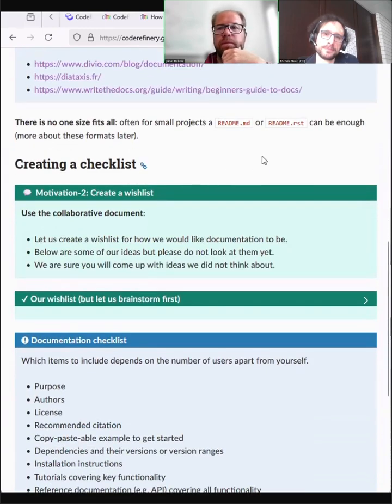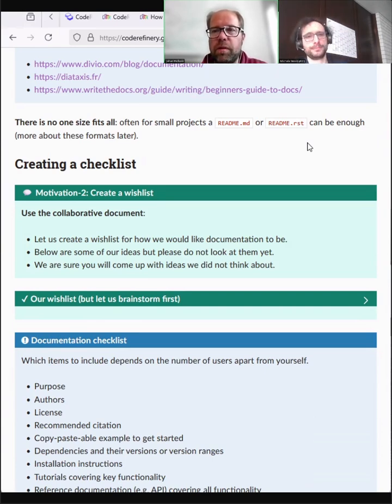And we will come in a little bit later into the lesson. We'll talk about README files, which I think is probably something that you all are familiar with. But before we do so,